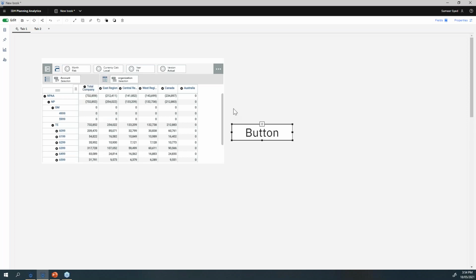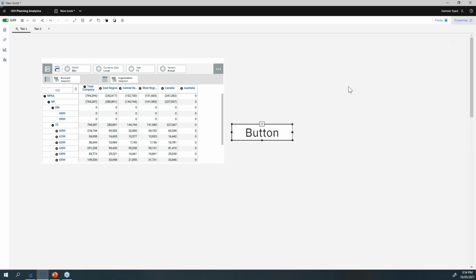Right, so I've got a view which has the month selected as Feb, and I've got an action button. With this action button, I want to give the user the flexibility to load this queue. But when they select the month, say from Feb to March, I want to make sure it synchronizes with the TM1 process when they click on this button. So I don't want to let the user type in the month. Rather, whenever they select a month, I want that to be synchronized with this process. That's something that has been added recently.